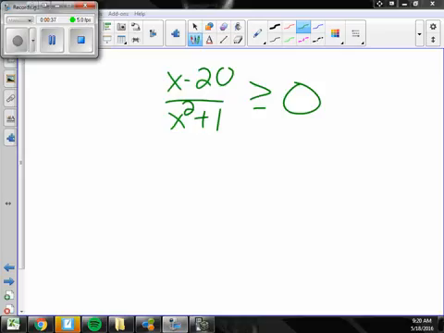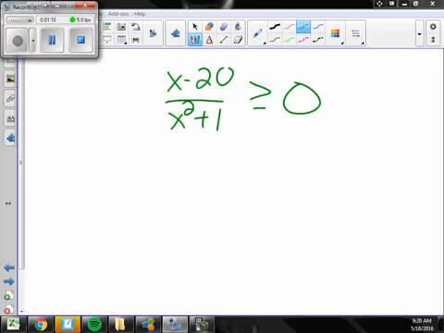So, is this undefined in any area, for any points? So we need to check to see if the denominator equals 0. Does the denominator ever equal 0? X squared plus 1 has imaginary roots. It never equals 0 in the real numbers. So we don't have to worry about that. Do we ever square root a negative number? No. So now all we need to make sure is that the answers,